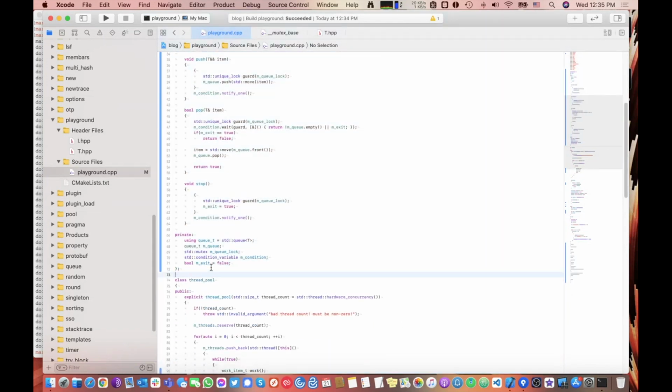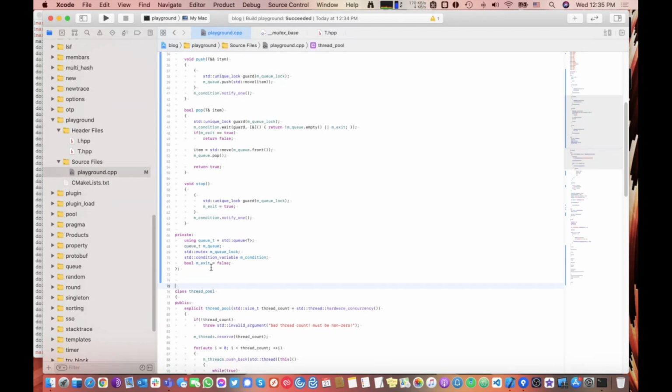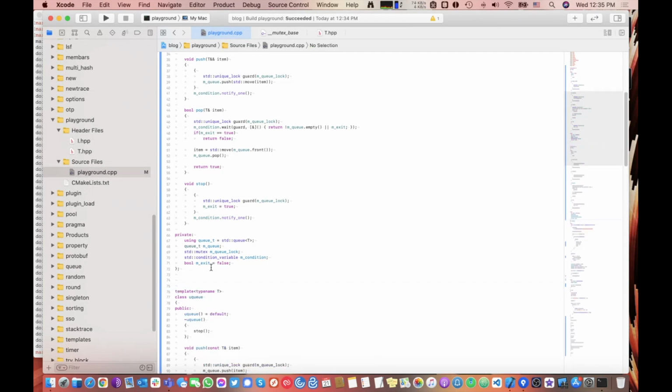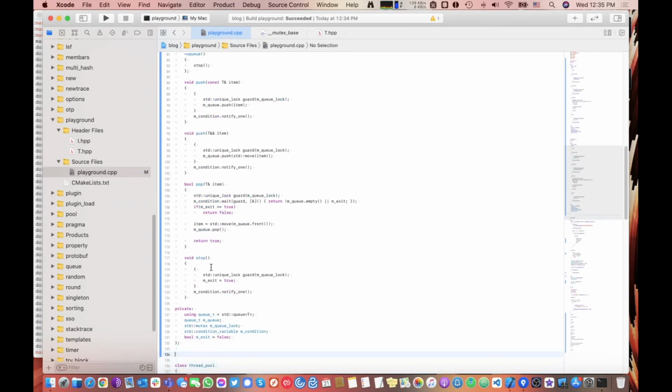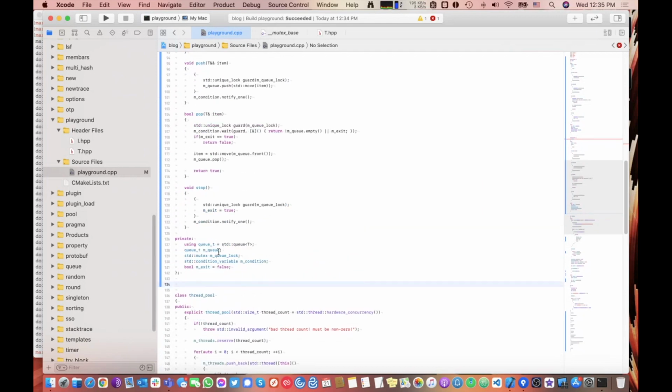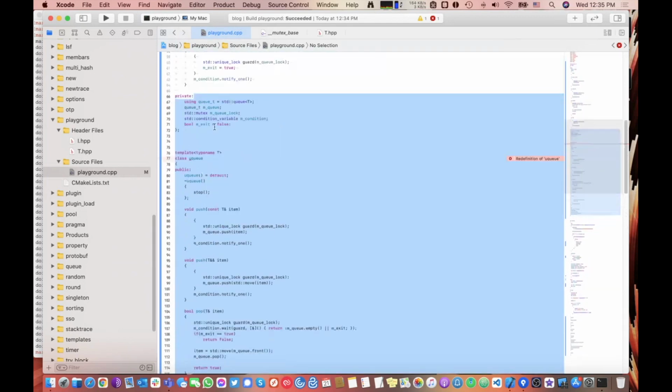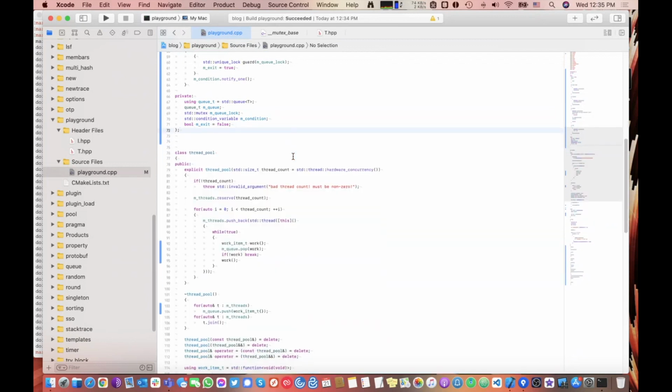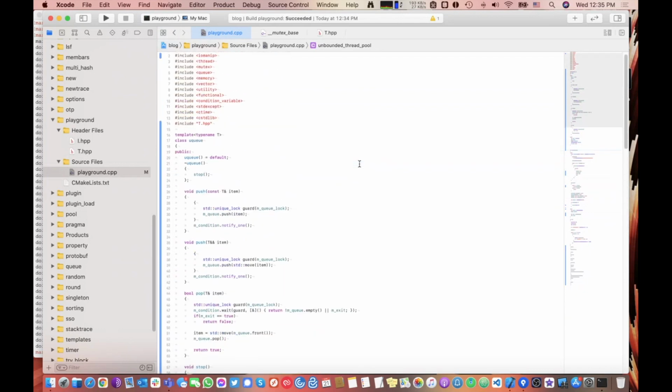Let's make some spaces here. So let's also rename this thread pool. So we create an unbounded queue. So we're going to have an unbounded thread pool. Let's get it out here, and I will eventually clean it up. So let's call it unbounded thread pool. Yeah, let's call this